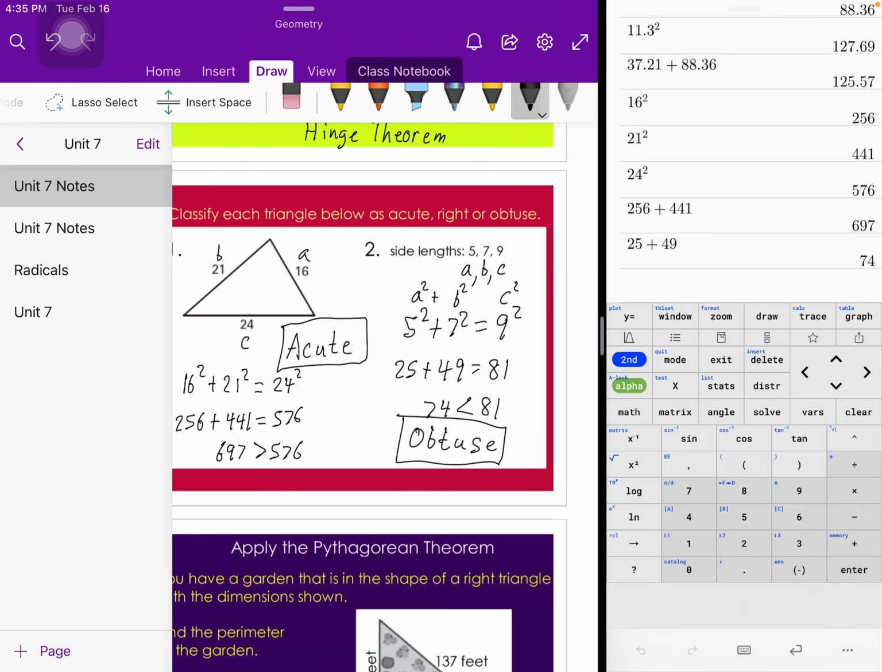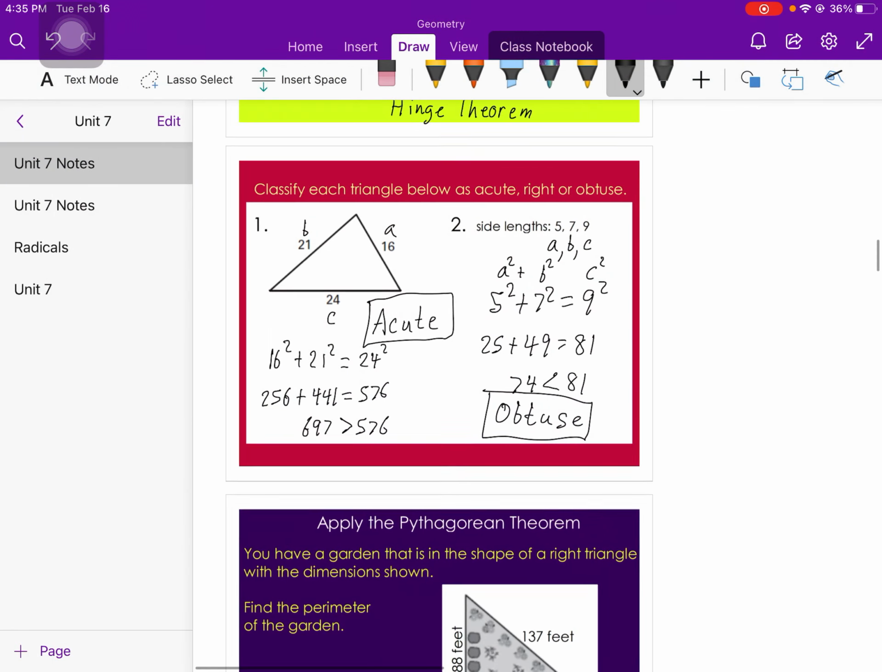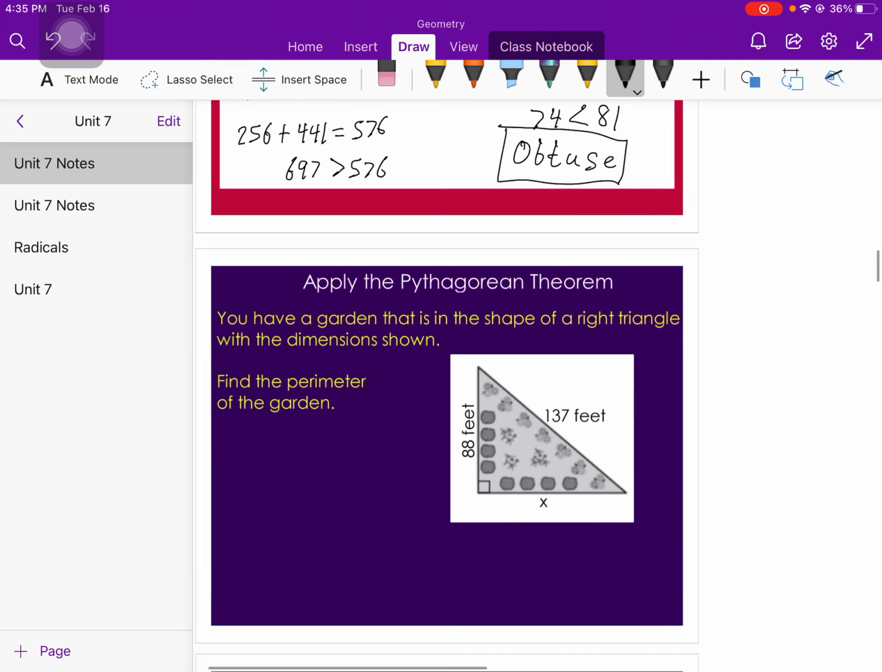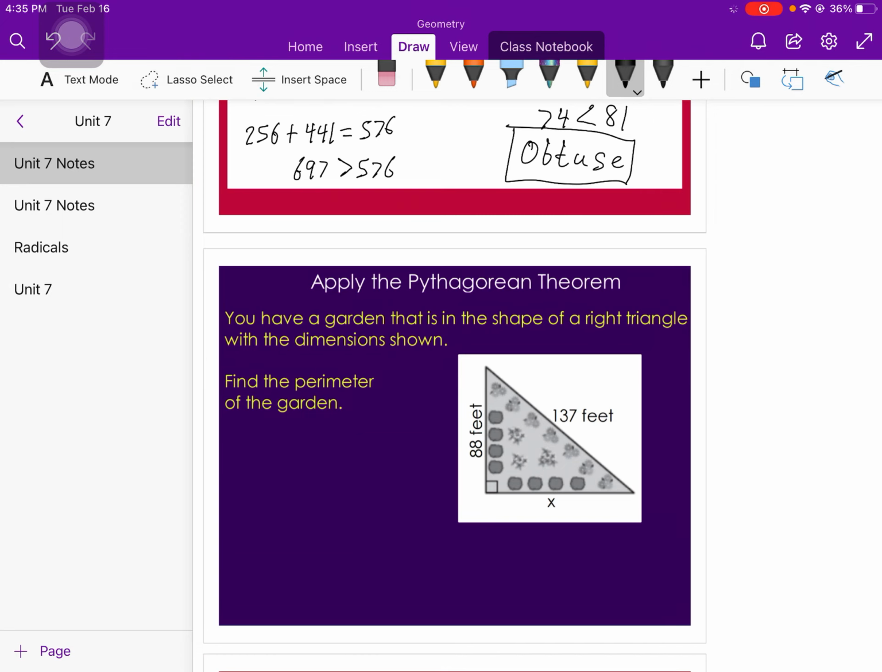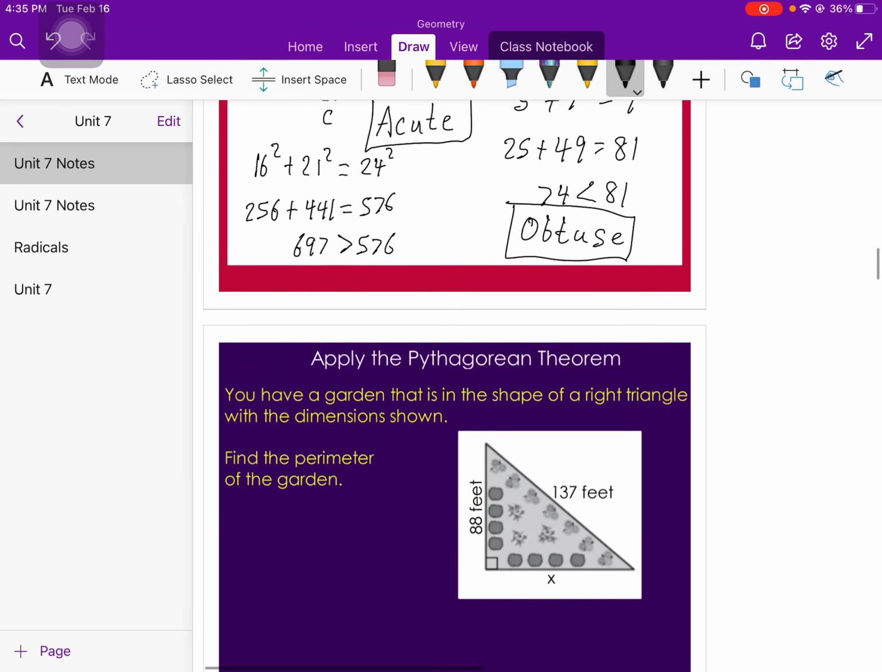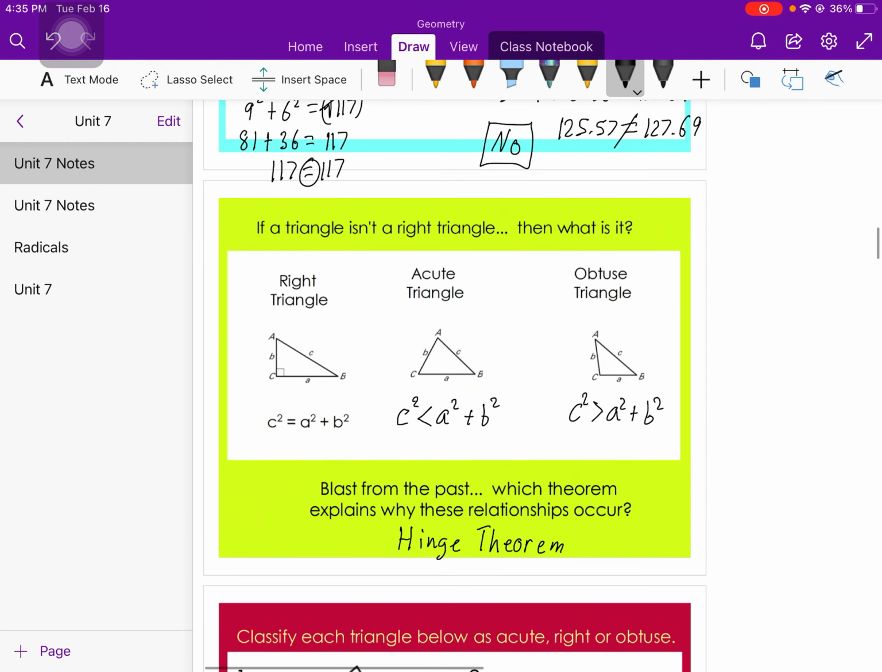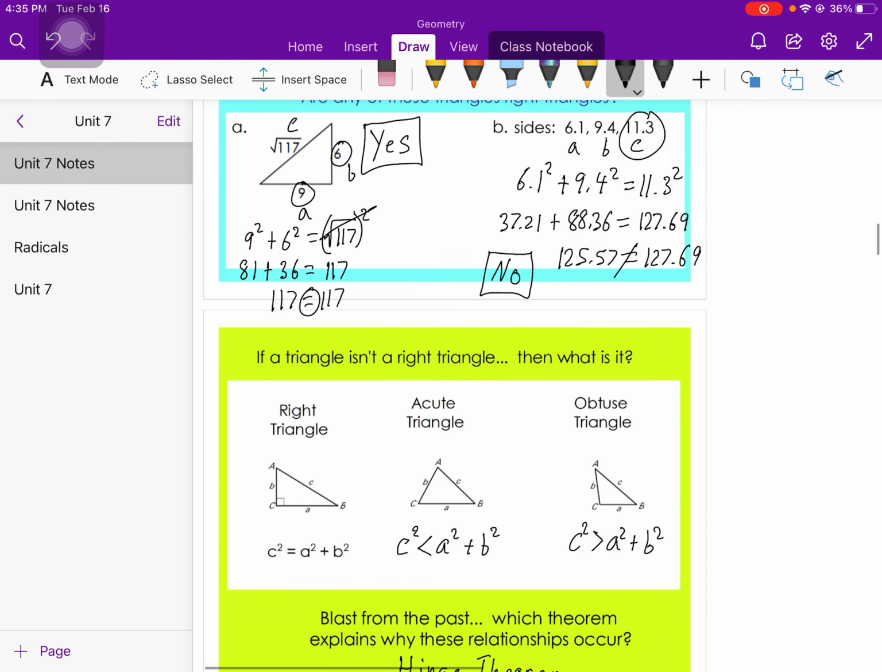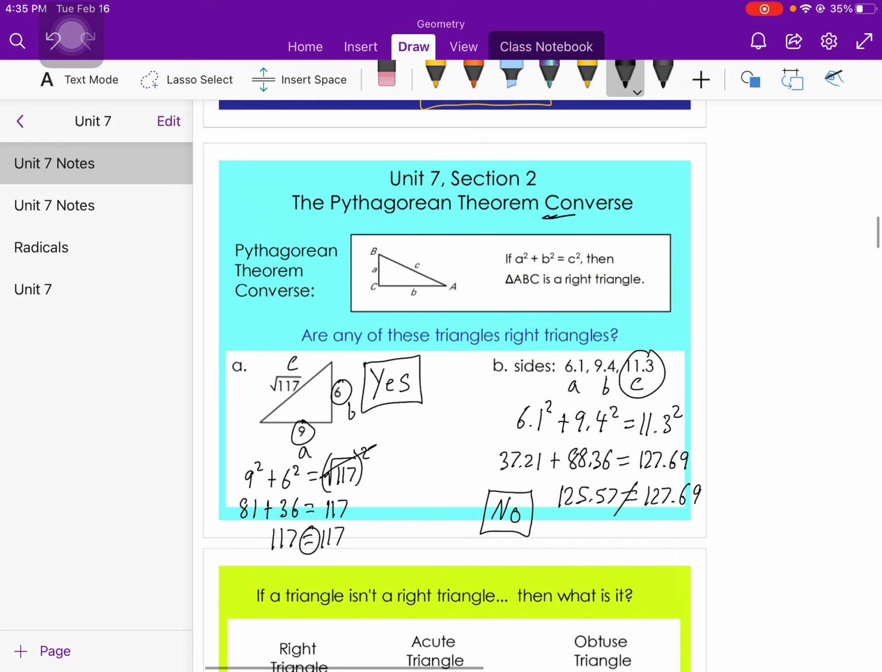All right, so that's how you apply those theorems. And then this one is just more application with the Pythagorean theorem. We're not going to worry about these for right now. Just focus on utilizing this and then doing the homework related to the converse of the Pythagorean theorem, which is Unit 7, Section